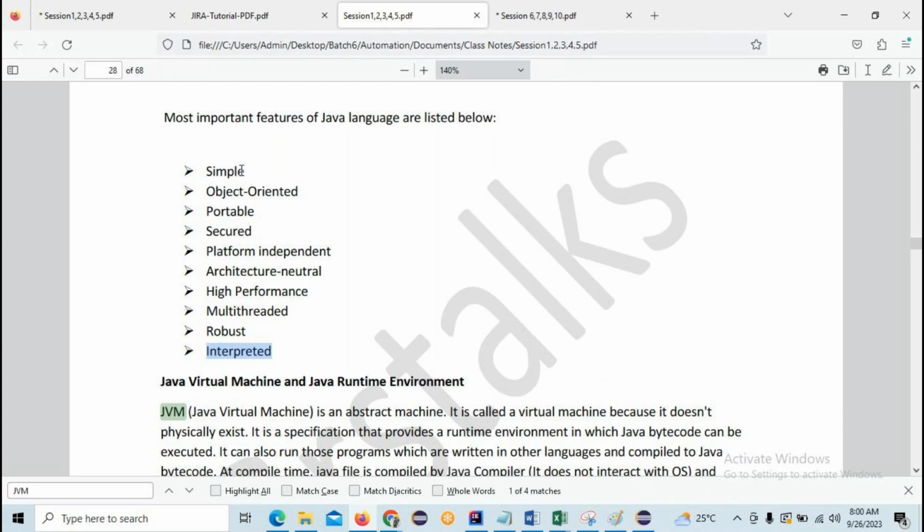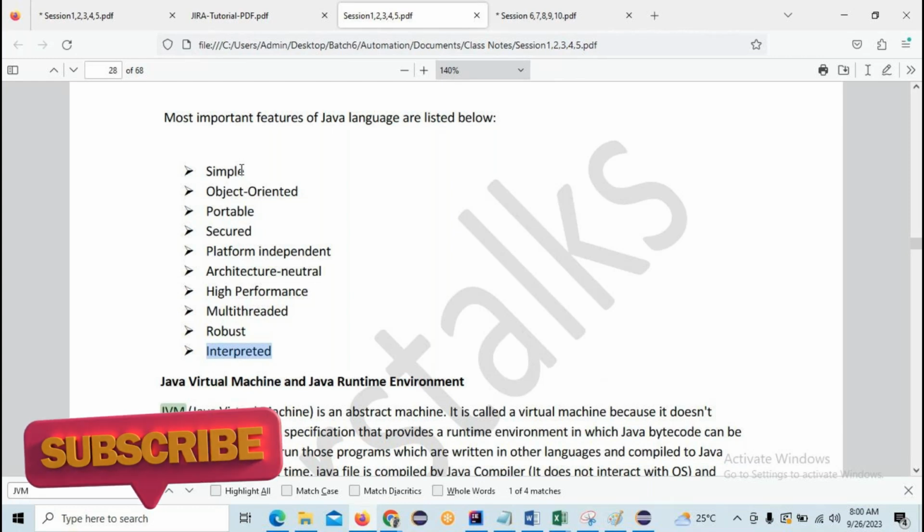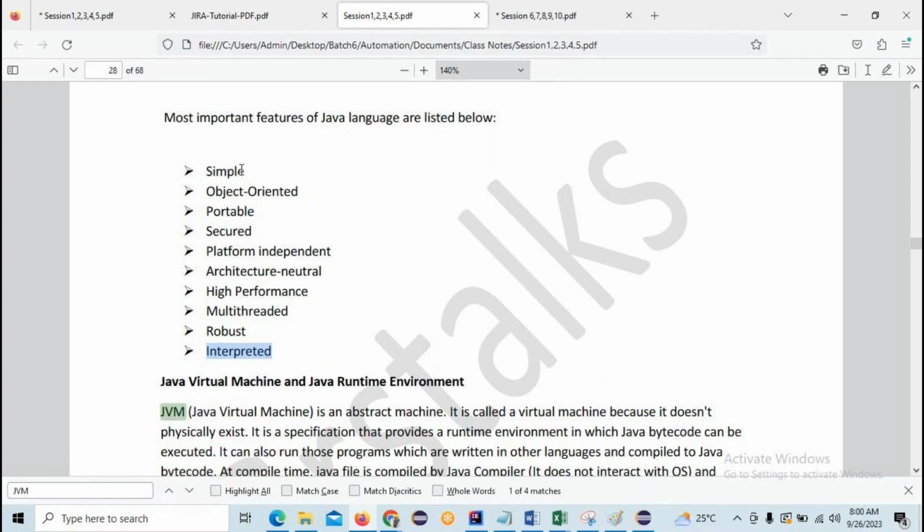But the major reason we are using Java with Selenium is that Selenium is written in the Java language. That's the main reason it is more compatible with Selenium compared with other languages. I'm not saying that other languages are not compatible with Selenium. You can use any language: Python, JavaScript, C Sharp. It's not an issue with Selenium. But there is more compatibility for Java with Selenium compared with other languages. That's the major reason why we are using Java, and it's open source.